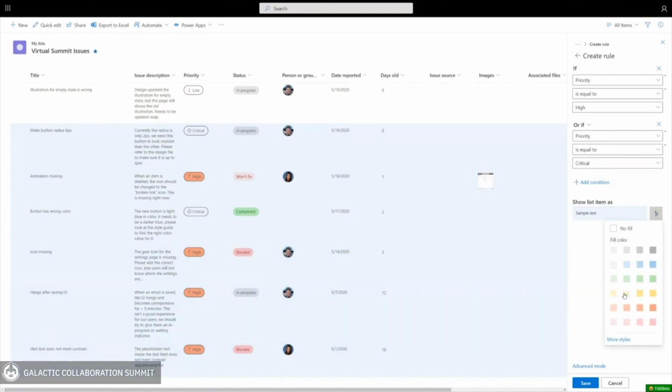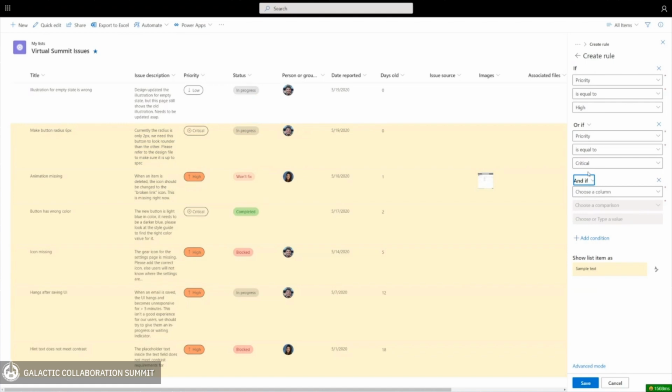So I can go and make that a little bit more of a soothing yellow color. And it's sort of like a highlighter from grade school, right? I've drawn a highlight around the rows in my list that have a critical or high priority. But I mean, this is a little bit too much. So I'm going to add one more condition. I'm going to say, okay, if the priority is high or if the priority is critical,